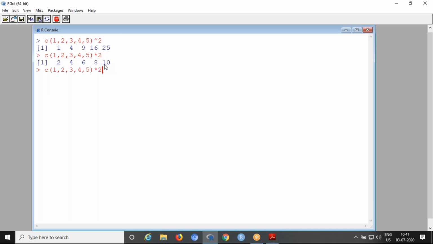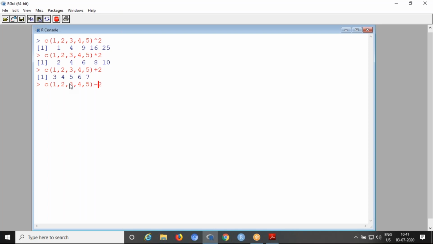Similarly, if you take plus, to add each and every value in the vector with 2, you can see 1 plus 2, 3, 2 plus 2, 4, 3 plus 2, 5, 4 plus 2, 6, 5 plus 2, 7. Same if you want to subtract.